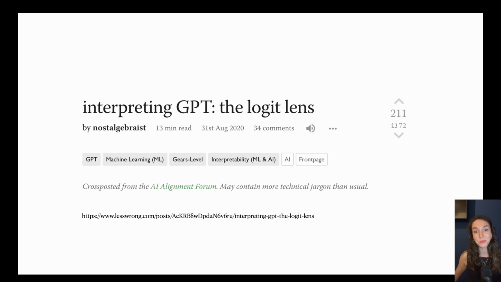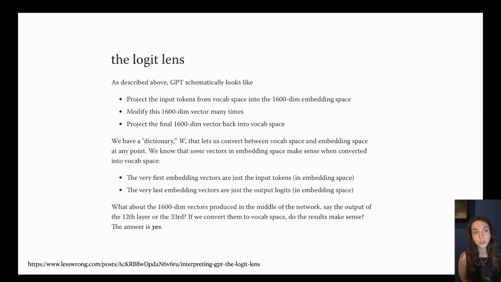So then, what is this LogitLens methodology that I want to talk about? Where I first found it is on this Less Wrong blog post by Nostalgebraist in August 2020. And it was introduced for the GPT model, which basically has a very similar structure to what we just said for the Phi-3 model. There's this projection layer that goes from vocab space into hidden dimension space, in their case